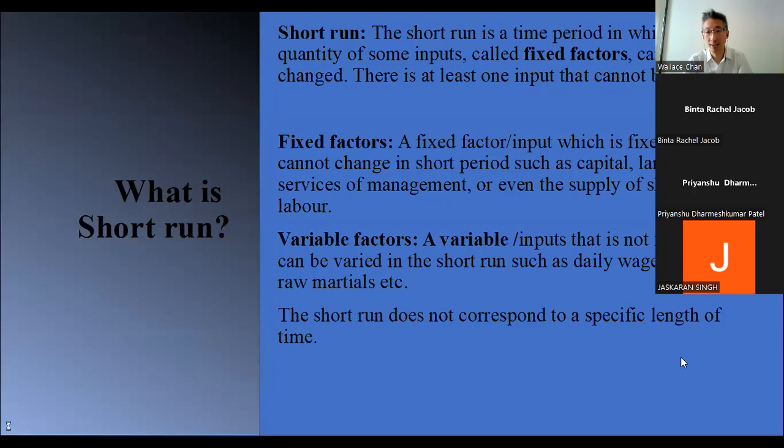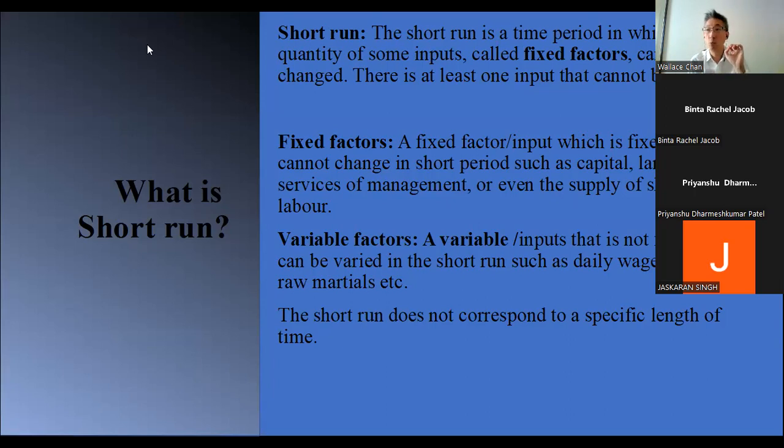Now there's another concept which is very, very important. In daily life, you have probably heard people talking about short run and long run. Oh, in the long run, I'm going to do something. In the short run, I'm going to do that. But when we talk about long run and short run in the context of economics, there's actually